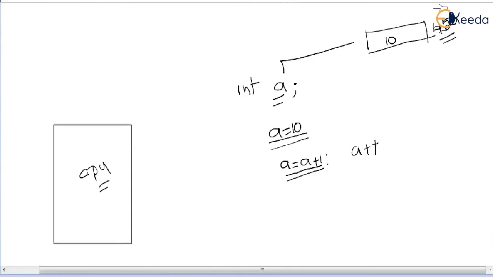Okay, now when you want to perform this operation, it will be performed within the CPU, right? So for that reason, we need to get this variable into the CPU. Where can I get this variable to the CPU? There is a storage provision, that is a register. I need to transfer this variable to a processor's register.